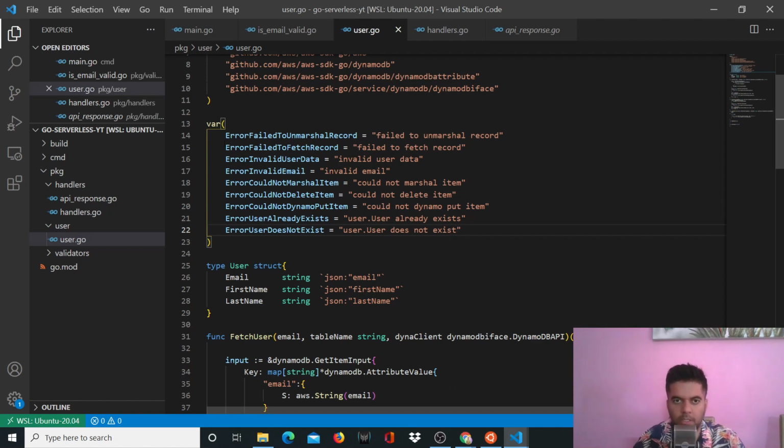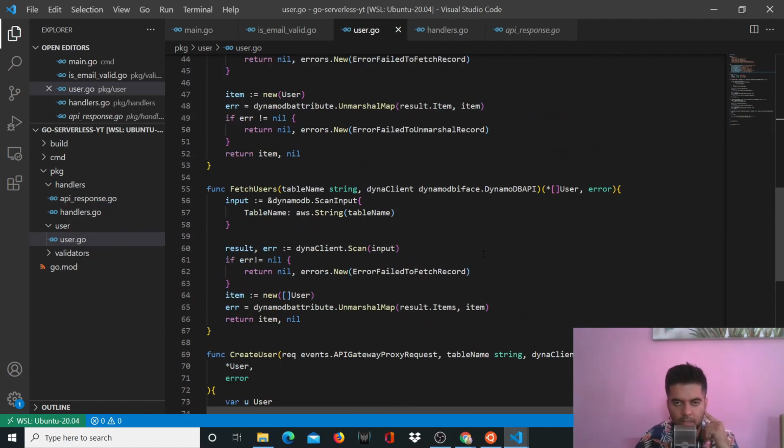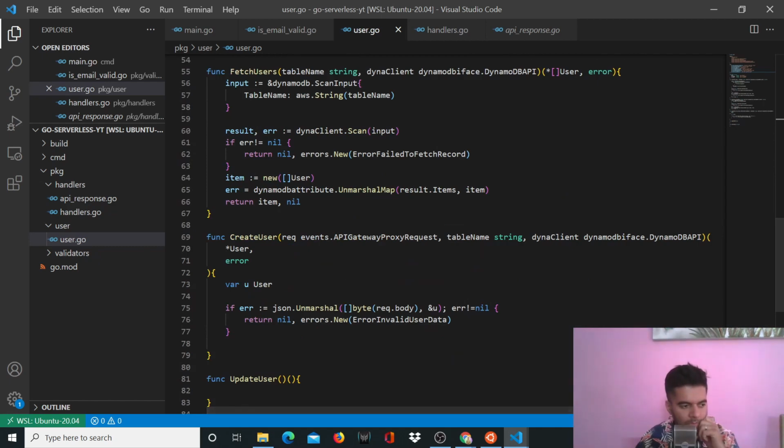So why do I need all these errors? Obviously, by now you would have understood. I'll just give you an example: when creating a user, if we check that the user already exists, then we don't need to create that user. So that's why we need this kind of an error. And if we're updating or deleting a user, we can use that user does not exist. So why are you trying to update that user, right? That's why I'm thinking about all types of error statements I'll need, and depending on that, I've just created them. So coming back to your create user,